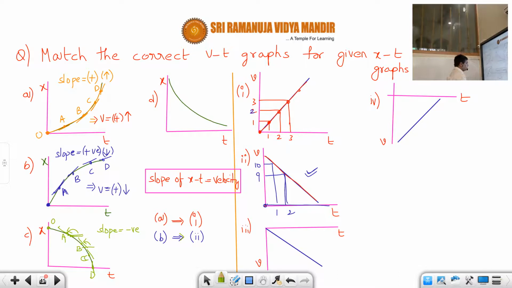And is that slope decreasing or increasing? For negative slope, if you remember, students, I already told you, don't see the sign, just see the magnitude. Or if you have doubt, just see the steepness. Initially at O, the steepness is not there. Correct or not, students? It is not steep. And as you are coming, the steepness is increasing. That means the slope is increasing. The slope of an xt graph is nothing but velocity. So velocity also must be negative and increasing.